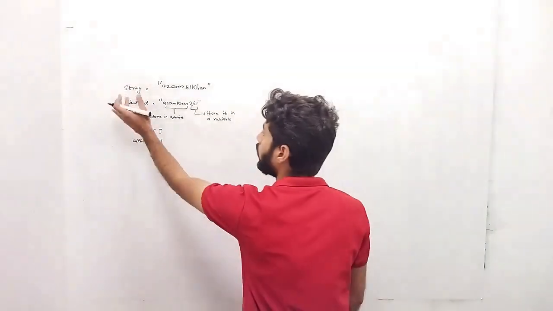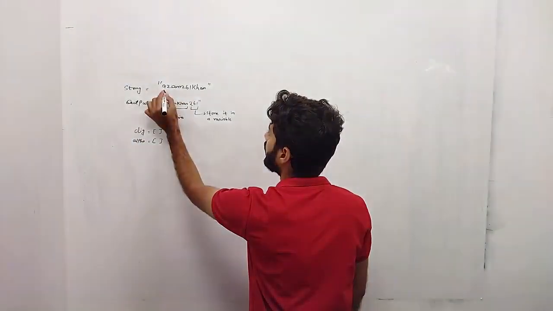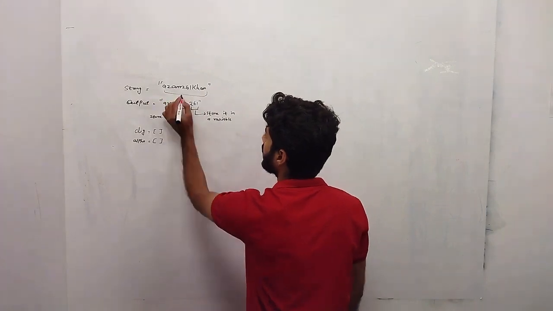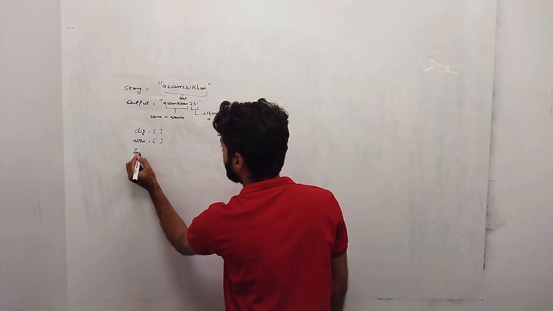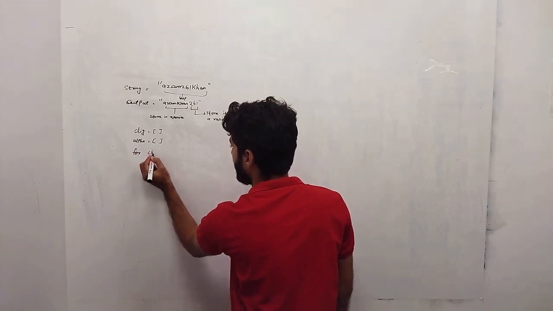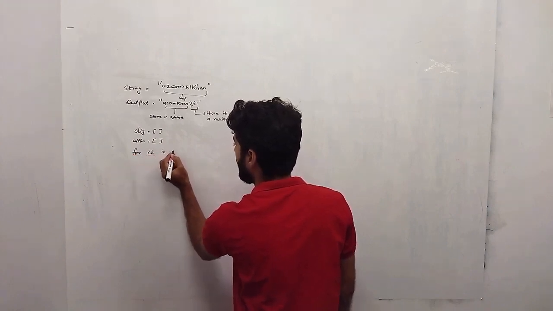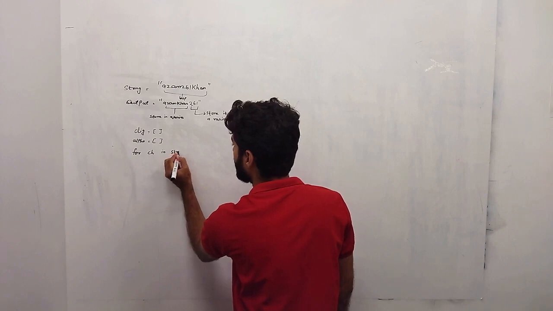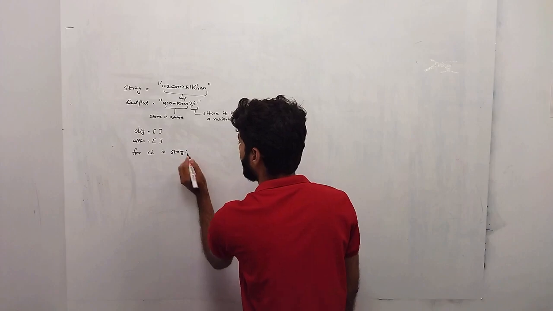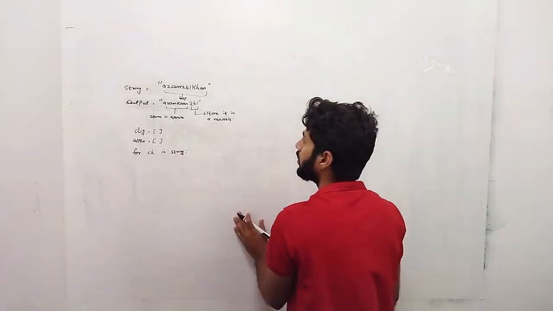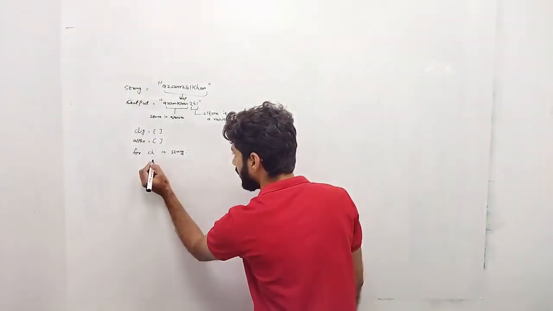Then we need to loop over all the string. So I will take a for loop. I will take ch in string. Okay. First we need to check if